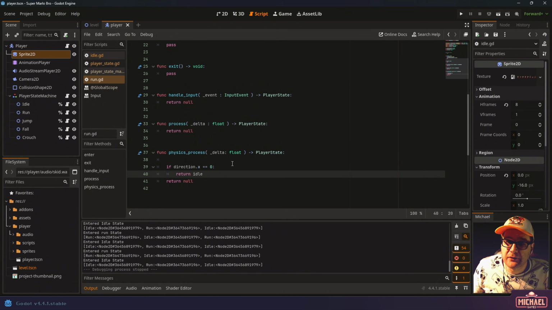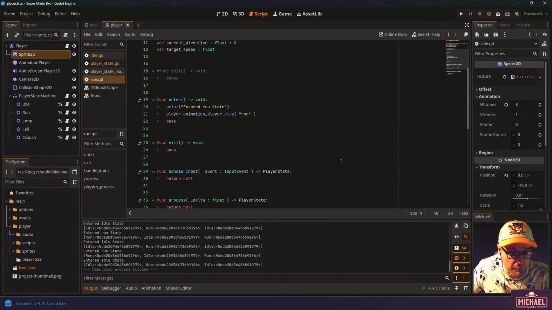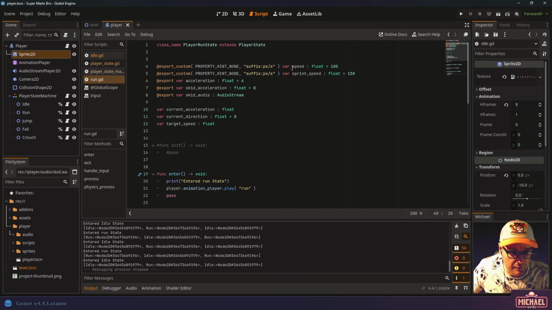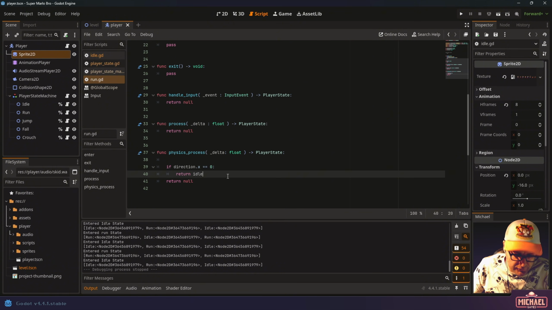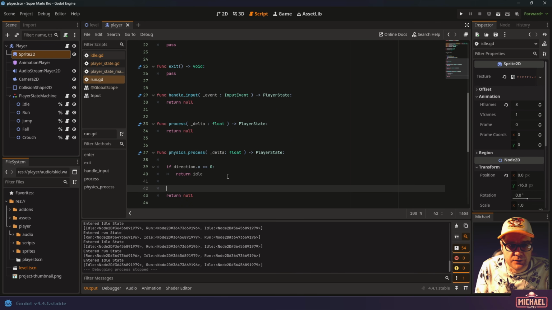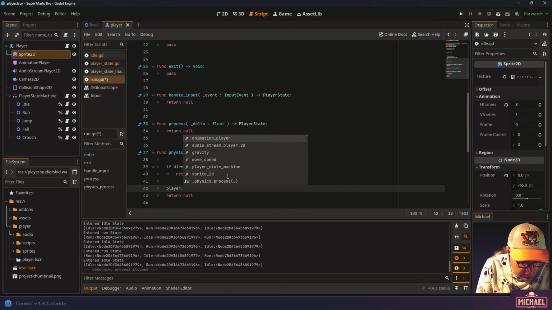Now we want to be able to actually make him move. The simple thing that we could do is just set the player's velocity based on the direction and the speed, right? We've got a direction that we're pressing, and we have a speed variable built in, which is up here. So let's go ahead and do a basic version of that and just see how that works. Okay, so let's go down to our physics process, and kind of at the end of this function, we're going to just have a line of code where we set our velocity. We'll say player.velocity